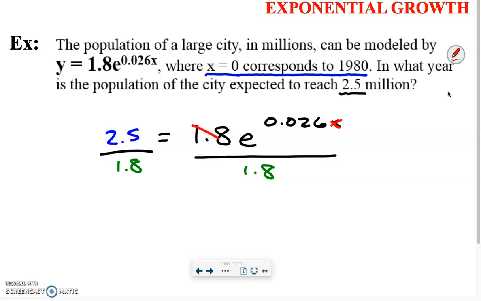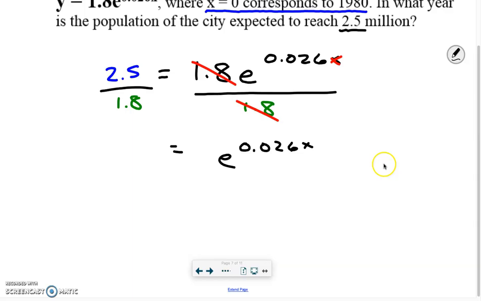All right, now here's where we have to immediately begin to be careful. The right side is easy enough. The 1.8's cancel out. We're left with e to the 0.026x. On the left side, that's not going to divide nicely or perfectly, is it? Okay? So the rounding is going to become a deal. So I would encourage you to round as far as you can, or I would actually even just encourage you to leave this as 2.5